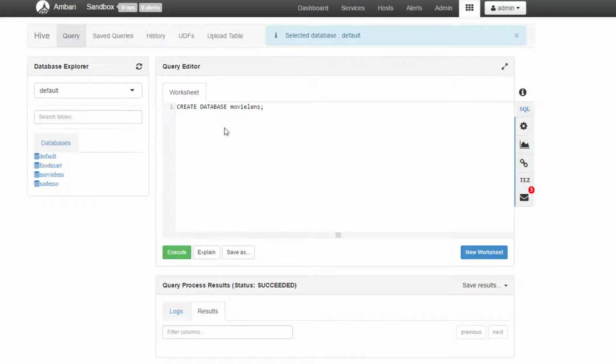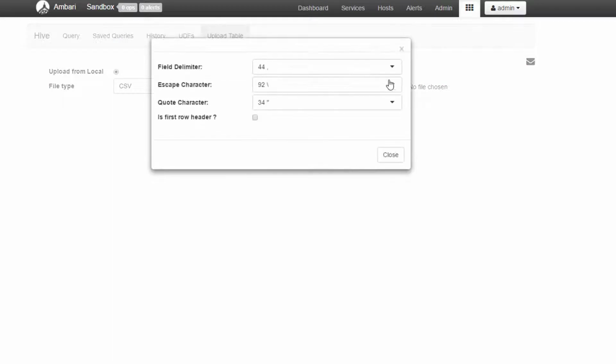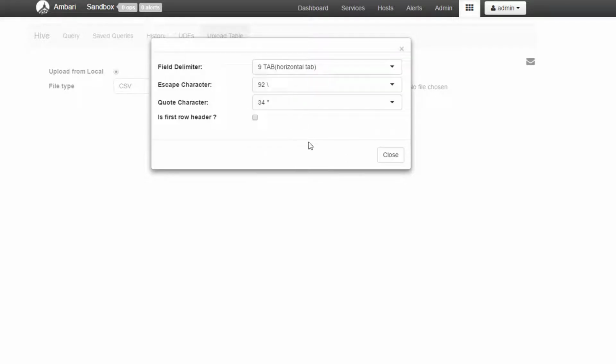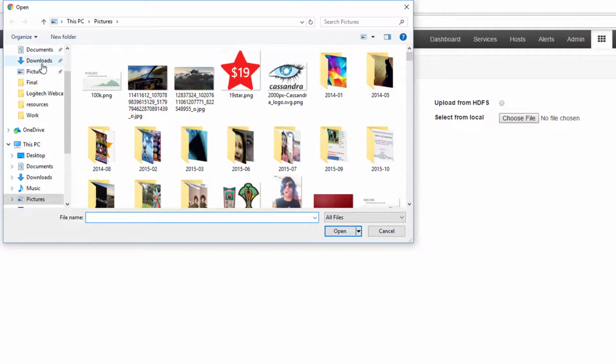Cool. And let's go ahead and upload some data into it. So I'm going to click on Upload Table. We've done this a few times before in the course. We will stick with a CSV, but instead of commas, we're going to use tabs as our delimiter because that's the format of the MovieLens ratings data file. That happens to be ASCII value 9. We are going to select from a local file, so let's go ahead and navigate to wherever we downloaded the